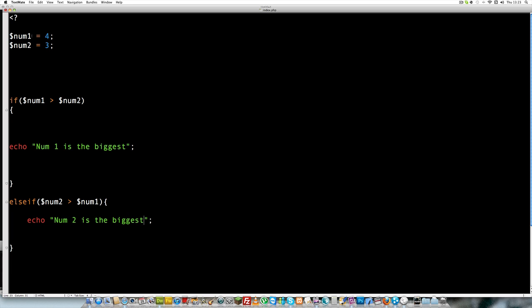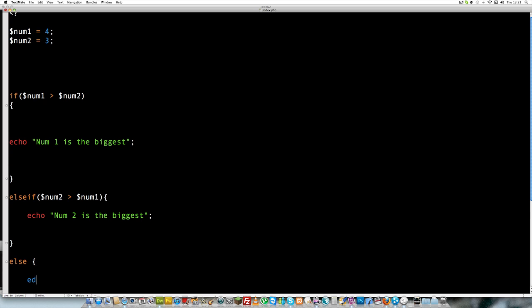You can obviously see that num1 is 4 and num2 is 3, so at the moment it's going to execute this block of code. If they're equal, we could just say an else statement. So if none of that's true, we're just going to say echo the numbers chosen are